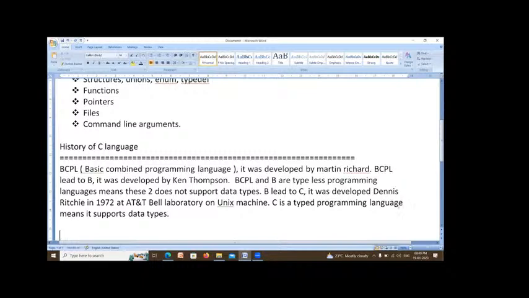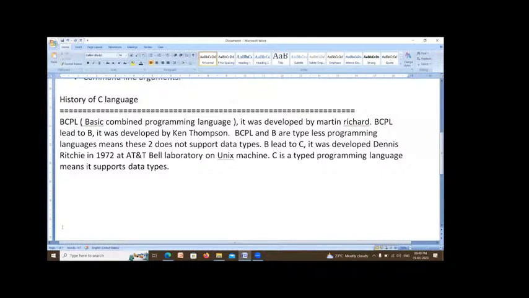Right. Now it is about the history of C language. My dear friends, you better note this. The first 5 classes are the demo classes. From the 6th class onwards, I will create a WhatsApp group and send this material to you every day. Until then, you better note this. Please, my dear friends, all of you note this history of C language.